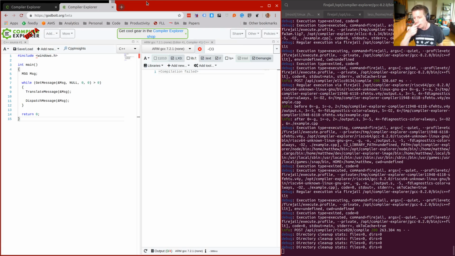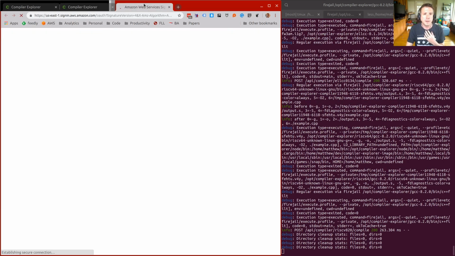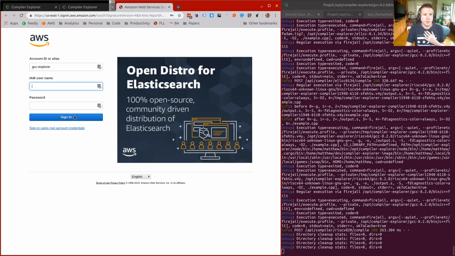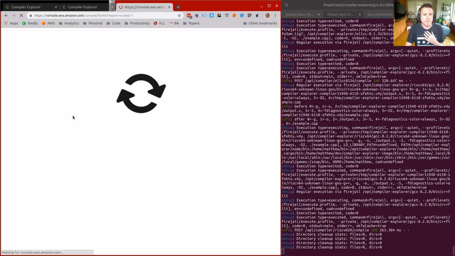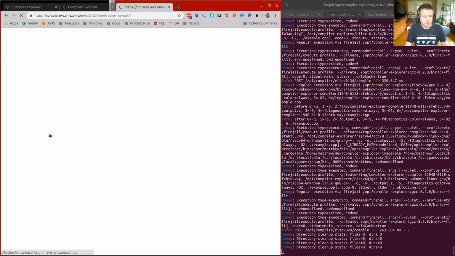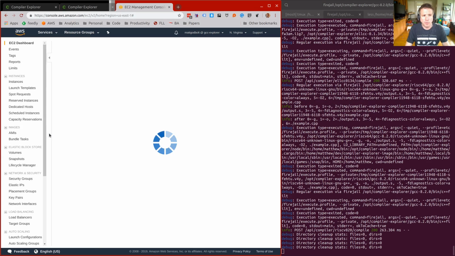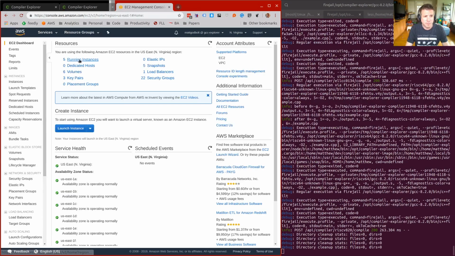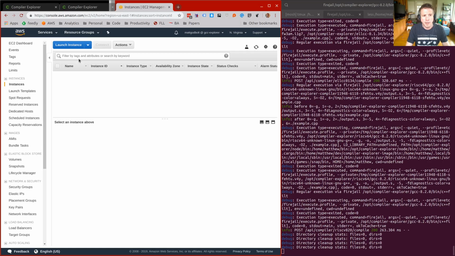So where were we? Yeah, I wanted to run a separate staging environment from the beta environment and have them actually come up and down, because if I fire up AWS right now and do the logging in, we will see, if I go to EC2, that right now there's probably 5 instances running. And what do we got?